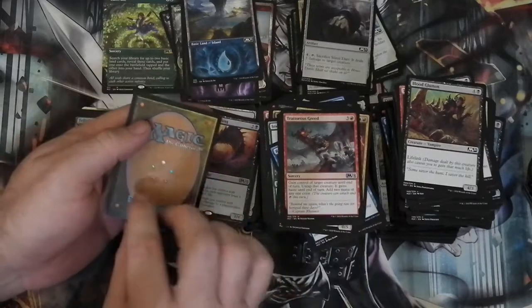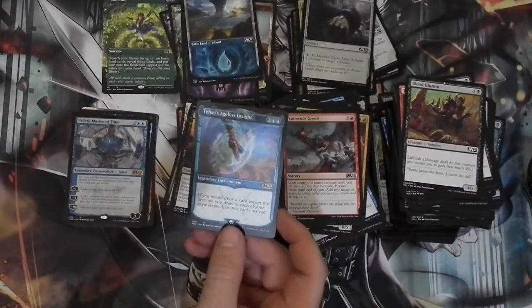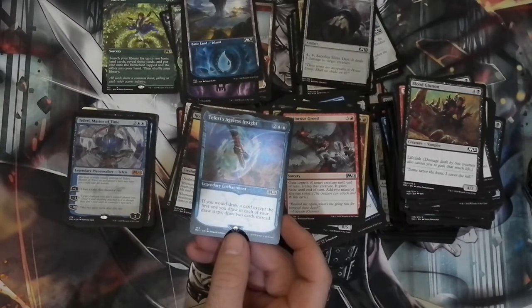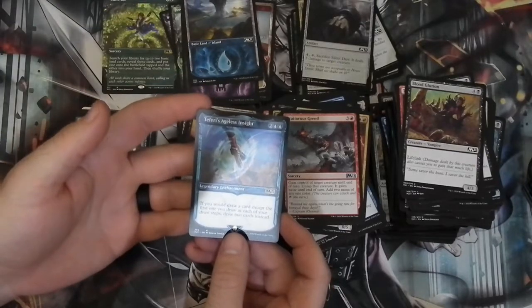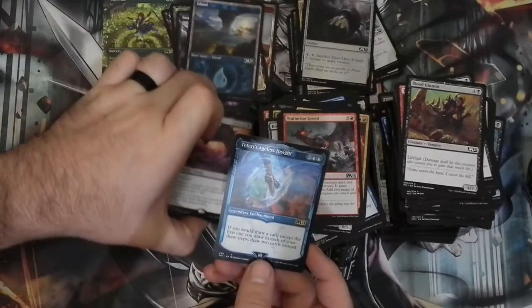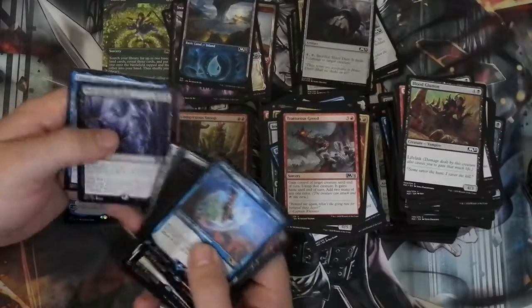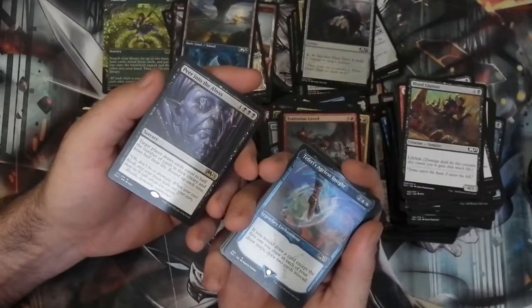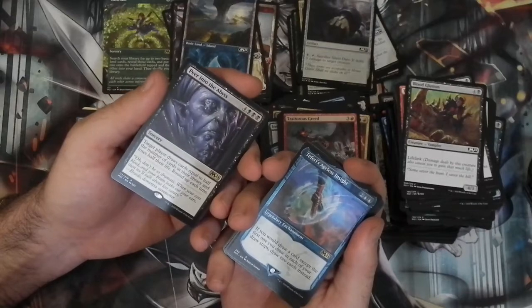Volcanic Geyser. Traitorous Greed. And our final rare is a Showcase Art Teferi's Ageless Insight. That is beautiful. Now that is the card I was talking about previously with the, what's it called? Peer into the Abyss. These 2 cards let you draw your entire library in 1 turn. That may not be the thing for everyone,